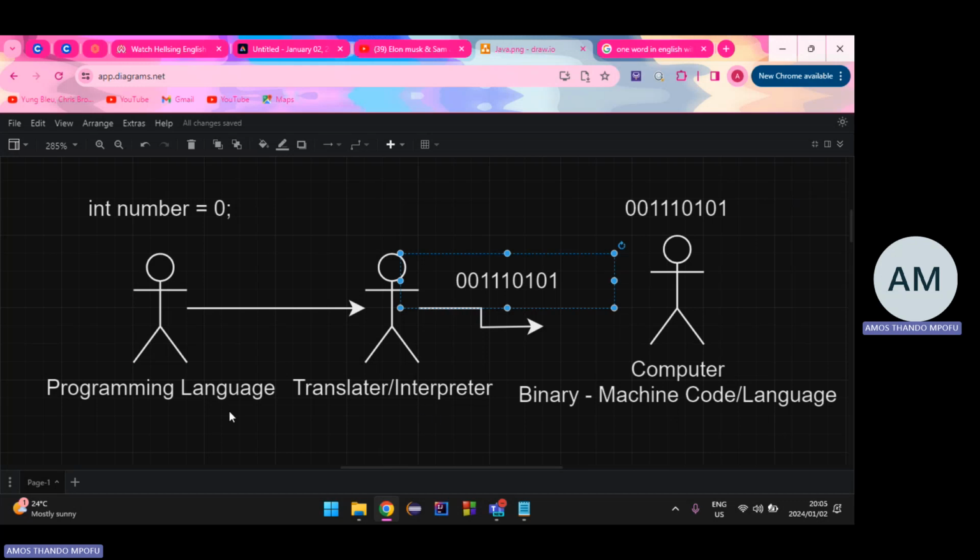There's this translator, we have a specific programming language. Remember, we need the programming language because English is a bit complicated. You can use one word to talk about different things. You can give a warning to someone. You can say we are even, which is a different meaning than, oh, that's an even number. You see, it's different, but it's the same word.